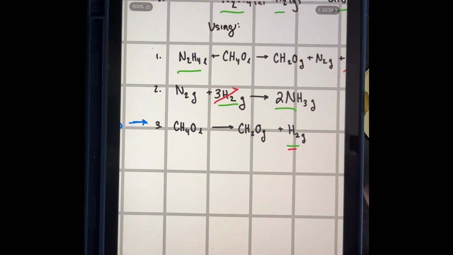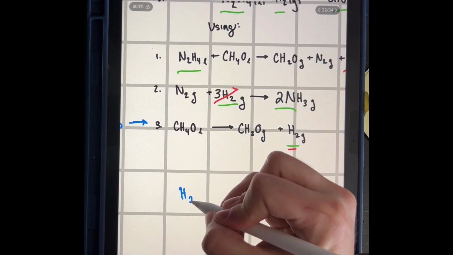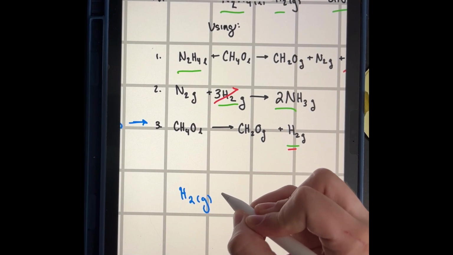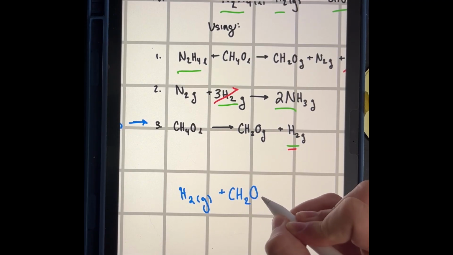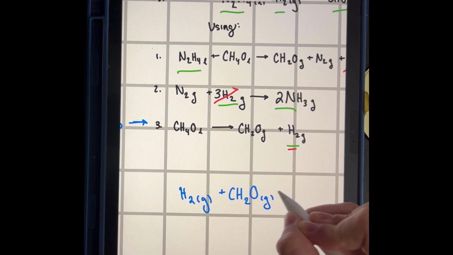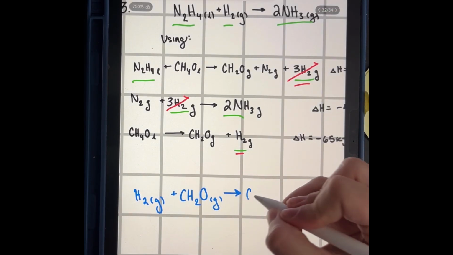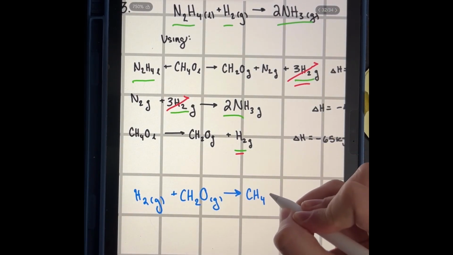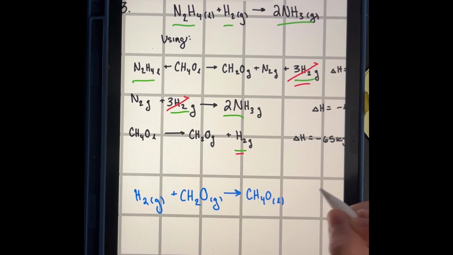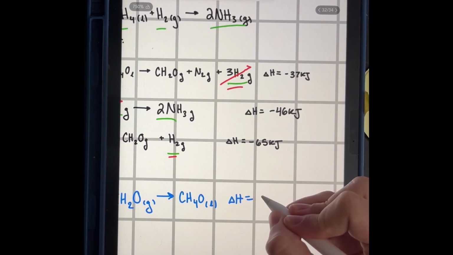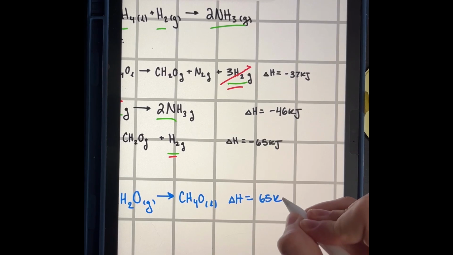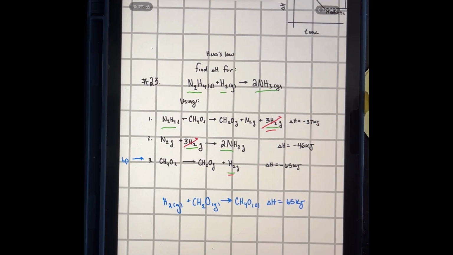So by flipping, we're going to get H2 gas plus CH2OG yields CH4O liquid. And then our enthalpy is also going to be flipped. So 65, going to be positive 65. Okay, now we need to make sure that our